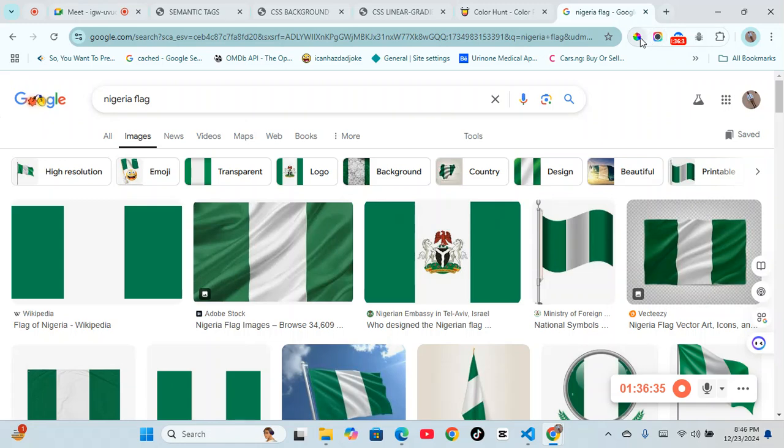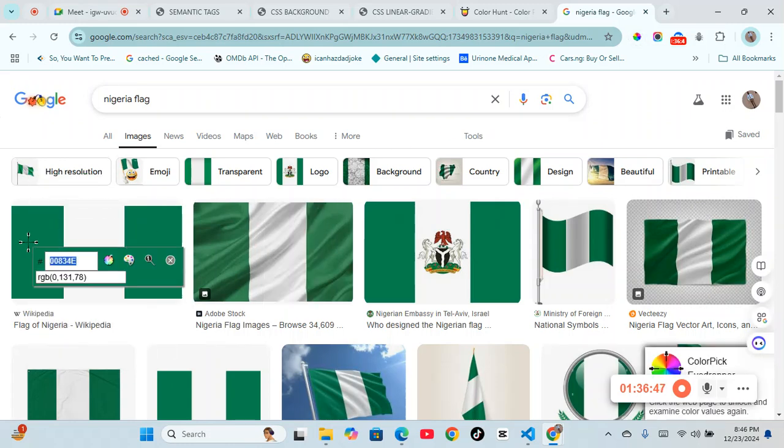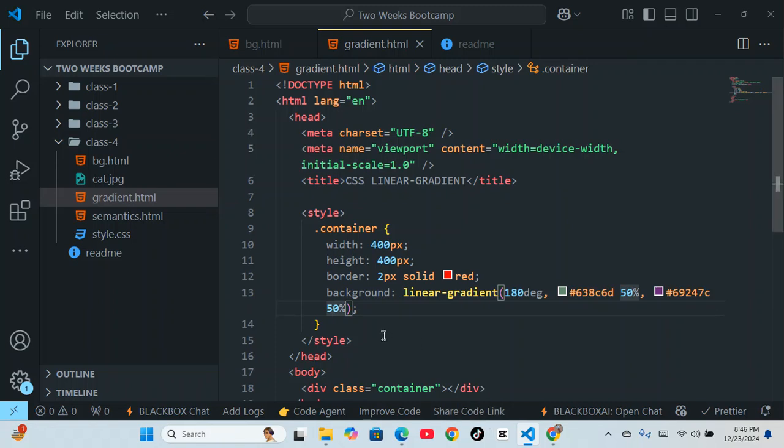To do that, I think I have a color picker eyedropper here. You can find that in extensions, the Chrome extension. It is called color picker eyedropper. So I'll click on it to get the exact color of this green. I'll do that. So I'll just come here. Let me create another